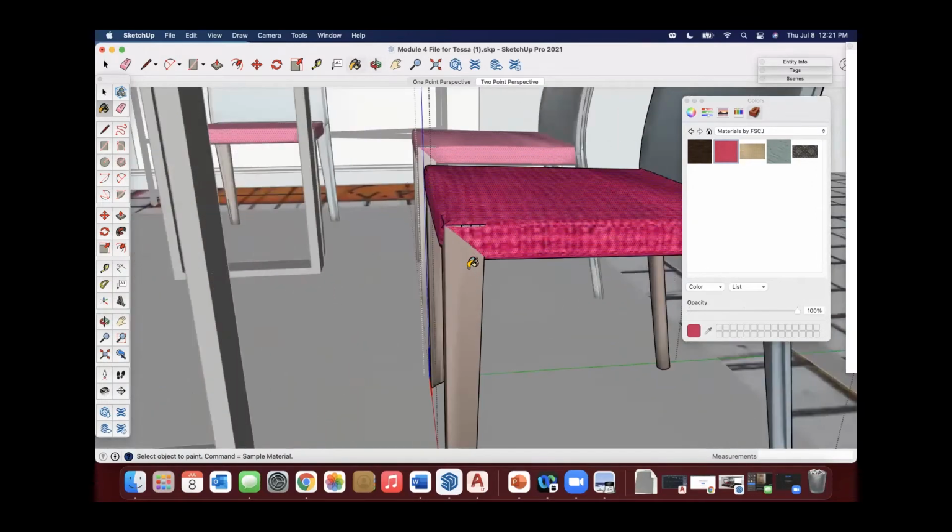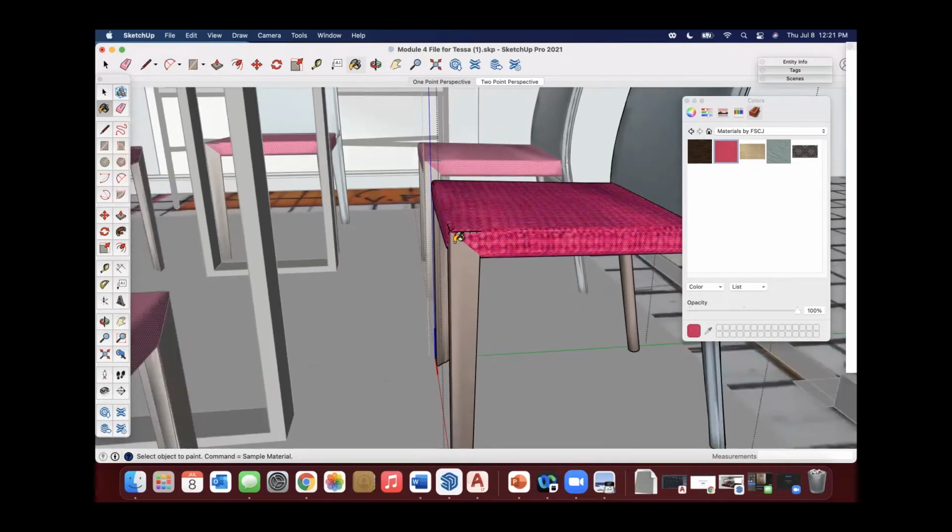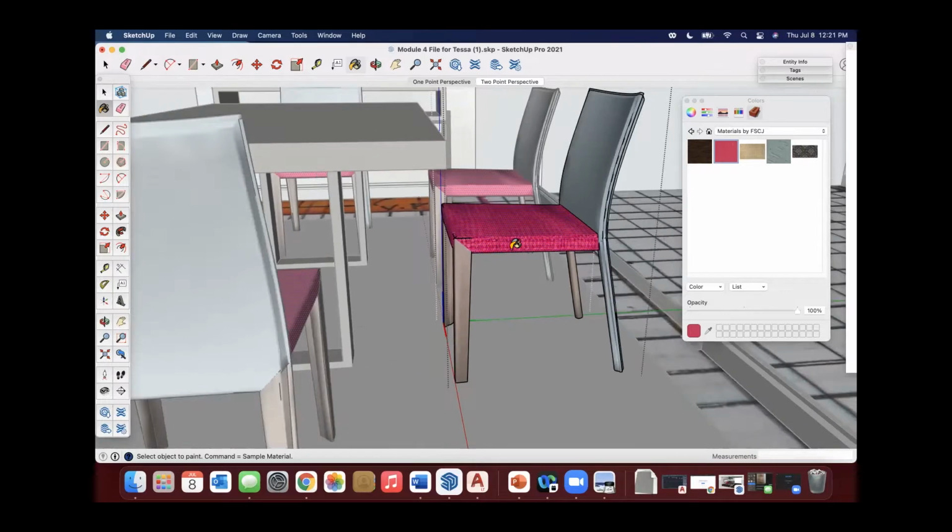Now, there is a little bit of an issue with the way the leg and the fabric are working, and that all depends on how your component is made. Really, we're just using this for reference. We're not building construction documents or buildings off of this. So it's not the end of the world. We're not going to sit here and fixate on that and go, oh, we have to clean up this edge and make it perfect. It's just not necessary because once you see the thing as a whole, it's really not going to stand out.